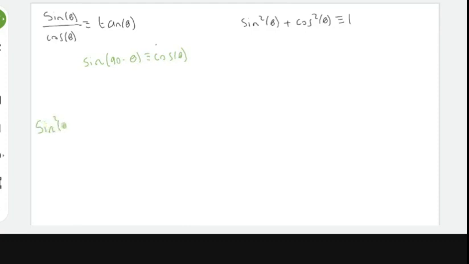Sine squared of 0 plus sine squared of 1 plus sine squared of 2,